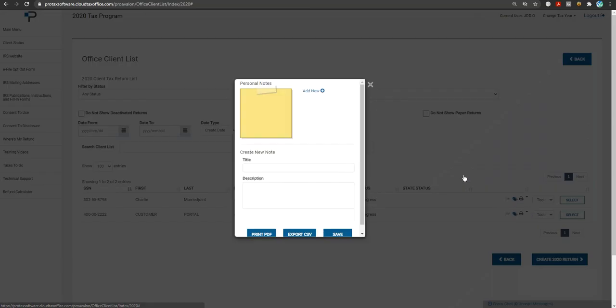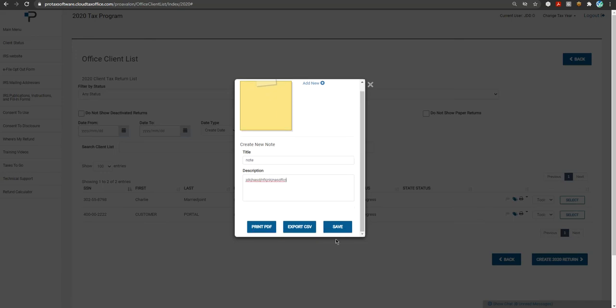I can add notes very simply. We'll just call this a note, and the description is something like this. And I click save, and now it's added there. I can add another note to this return as well,